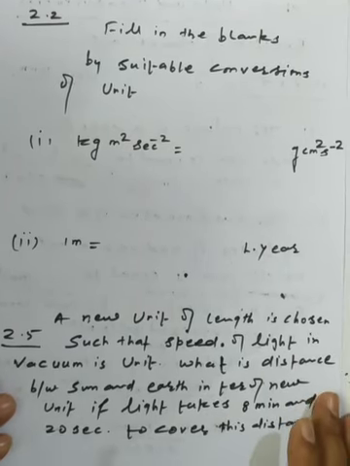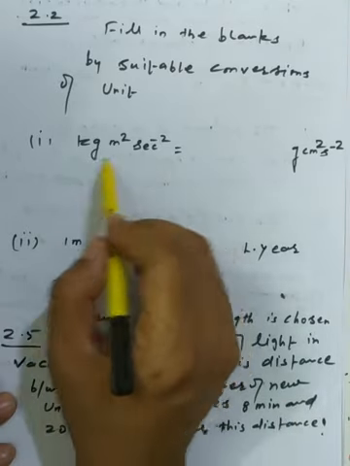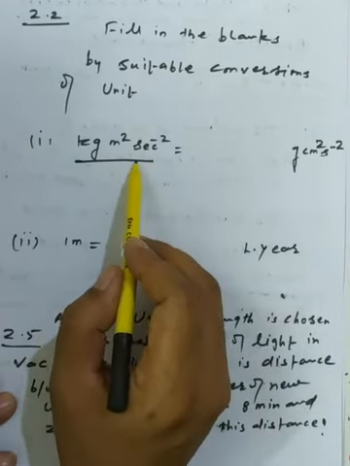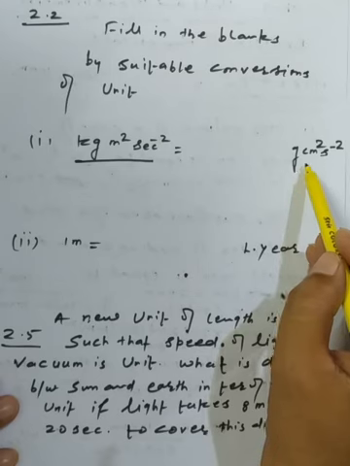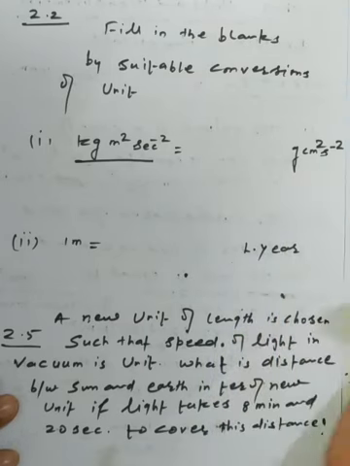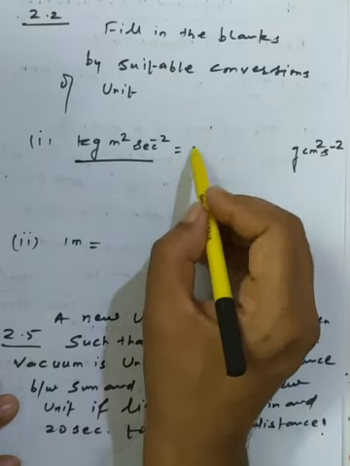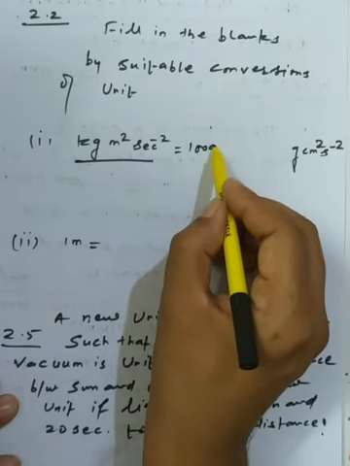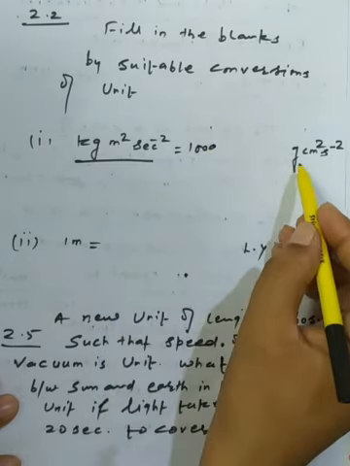So how can we make the conversions? We are asked to convert all the units into the desired system, that is, kilogram into gram, meter into centimeter, and second into second. So we can put the relevant conversions here. Kilogram is equal to 1000 gram. Okay, that's one unit we have.